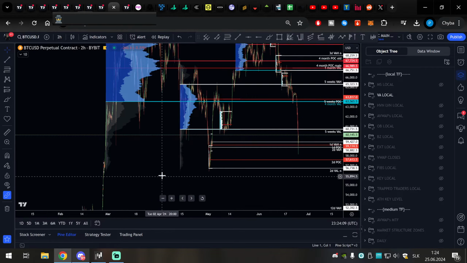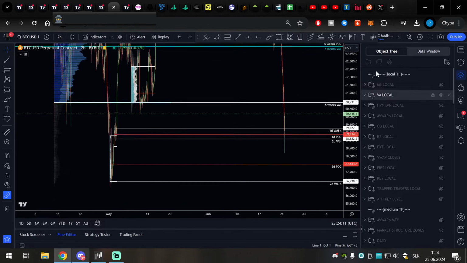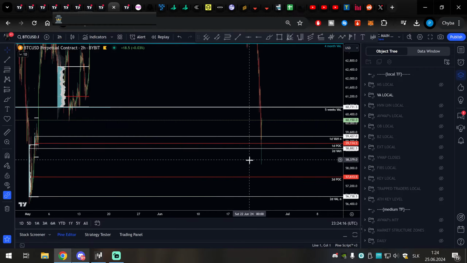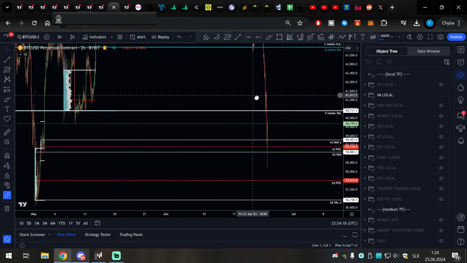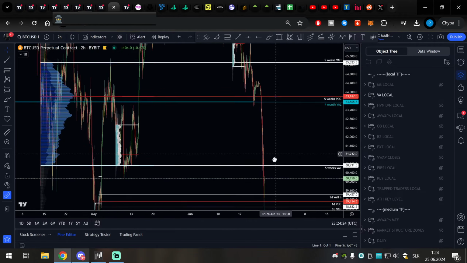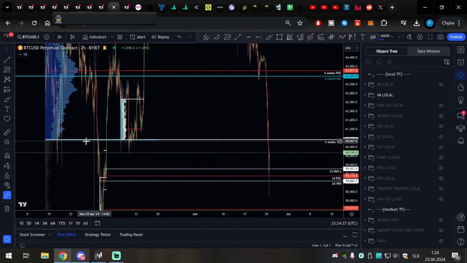Auction market theory. So what are we doing here? Okay, so now we are positioned as scalpers, day traders, and swing traders. What we want to see in order for this trade to become a good day trade at least, and not a swing trade yet, is getting acceptance back into the 5x VAL.